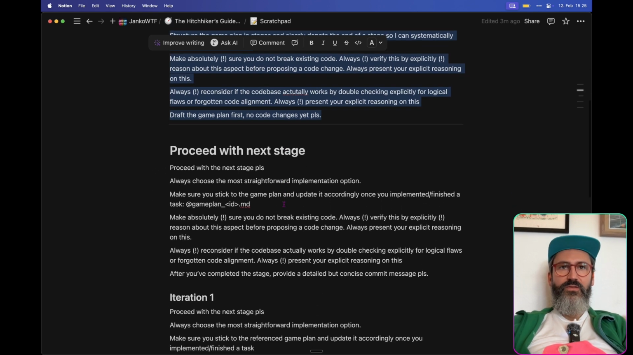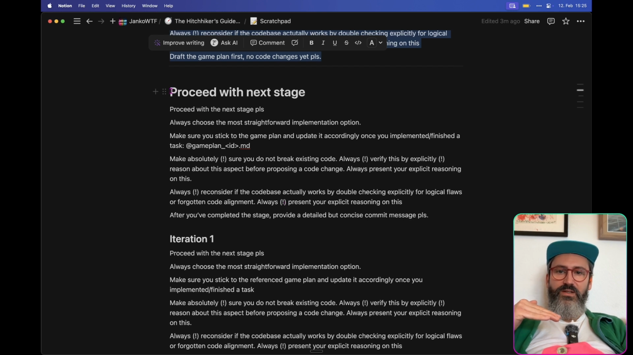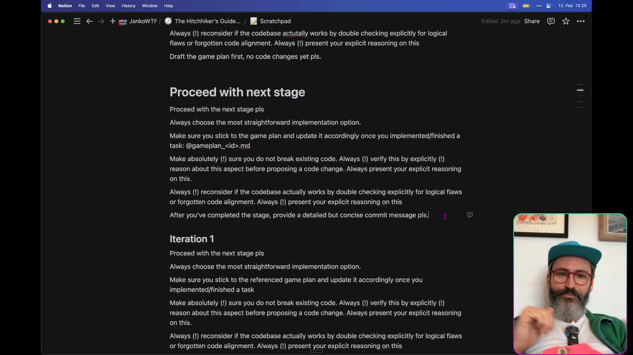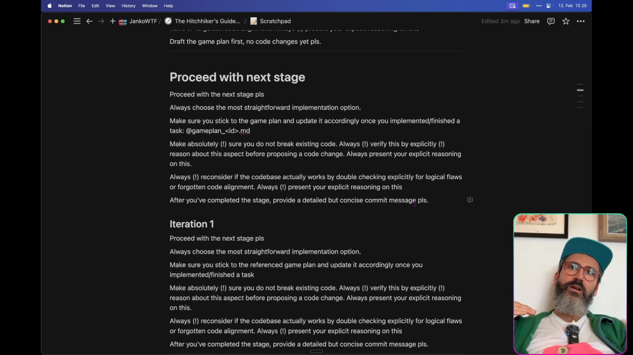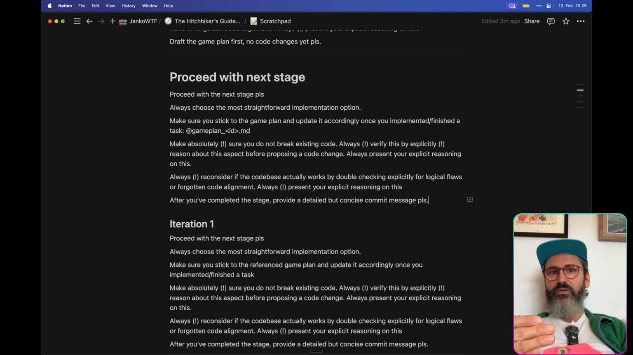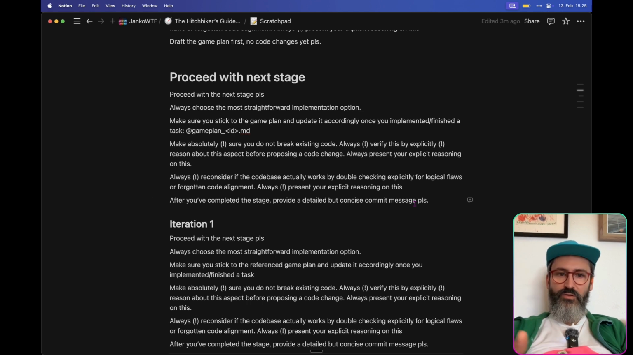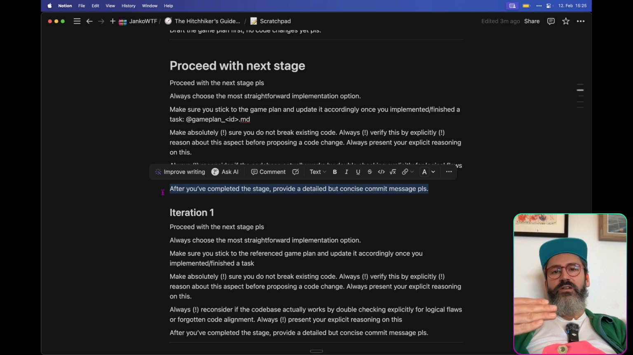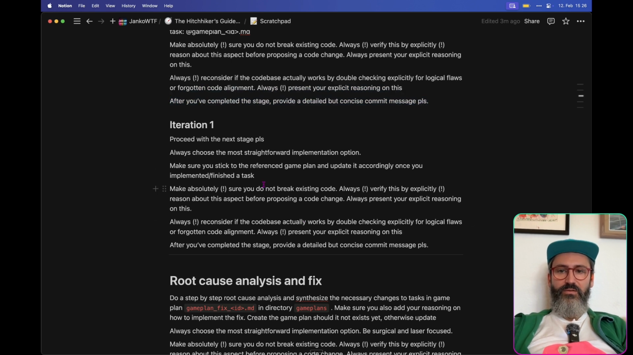Then once you have your game plans with the distinct stages, you can use the proceed with next stage blueprint or template, where you basically say go on with the next stage. Check that you don't break existing code. Make sure your proposed changes actually work after you implemented them, and after each stage, give me a git commit message, so I can do my git commit and version control outside of the